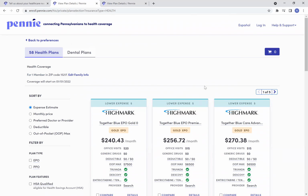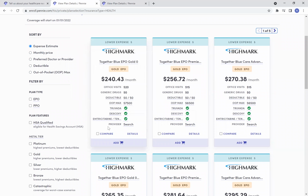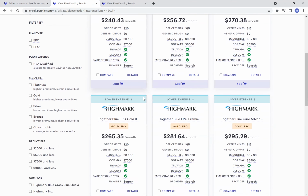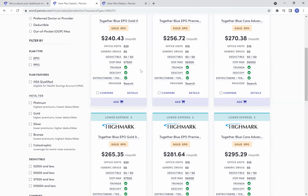Now, as you can see on this screen, there are 58 health plans that have come up for the zip code that I provided and the date of birth, all that basic information I shared at the beginning. For each of the health plan highlights, it also includes information about coverage for Truvada, Descovy, and generic Truvada, so generic TDF FTC. Looking at all these plans very quickly, you can see that it looks like all of these